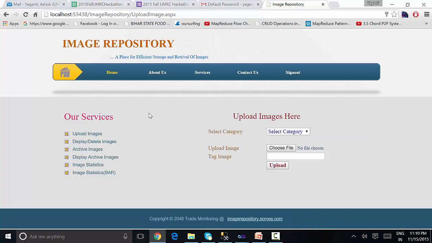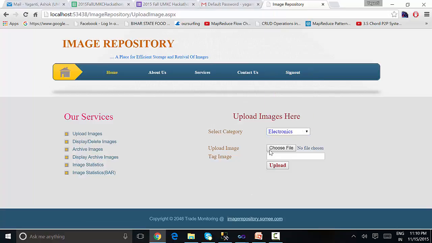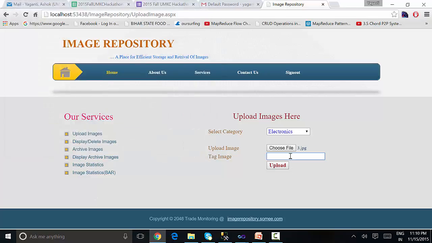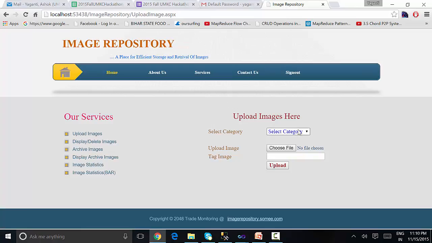So just click on upload images, select category, just choose the file, and give the tag name, my stock electronic. Click on upload. So the image has been uploaded successfully.